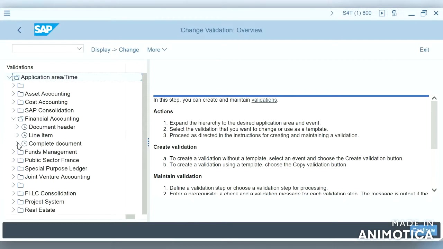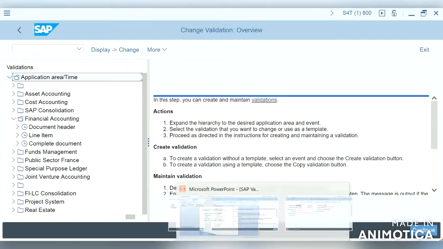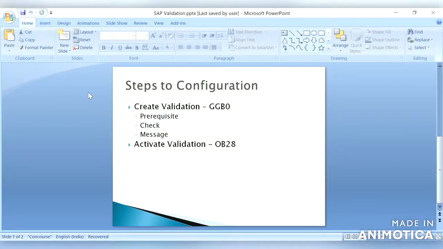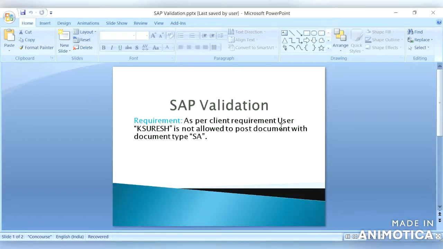So it will be a complete document. So once we understand the requirement, here our requirement shows this user should not be allowed to post document through document type SA.